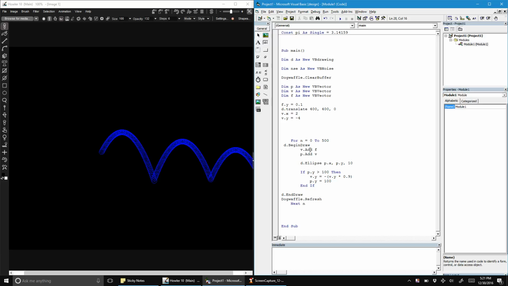We're taking the vector, we're adding the force. Let's take the vector and add the noise. So how will we do this? We won't add it. Let's just do it on one axis. Let's add it on the x-axis. So let's do vector x equals v dot x plus, what was it, NSE dot